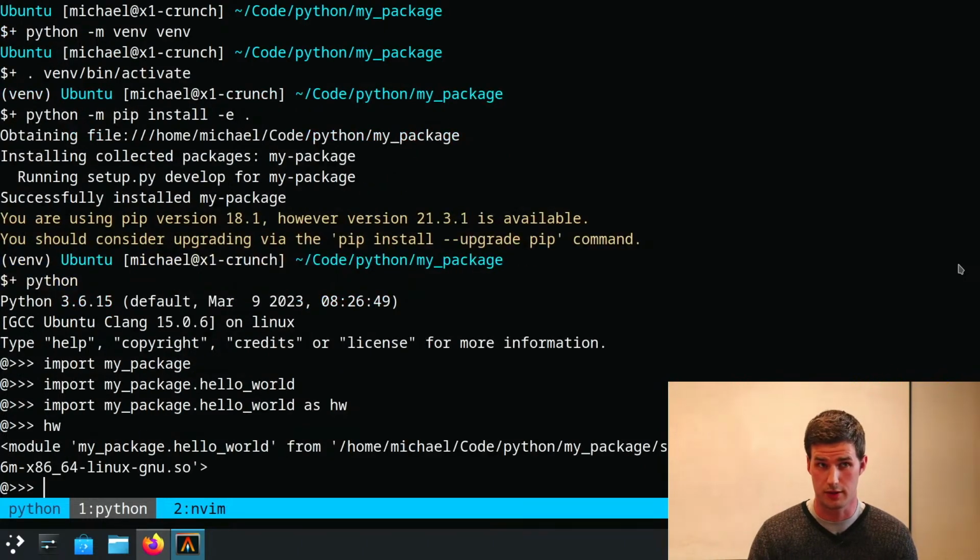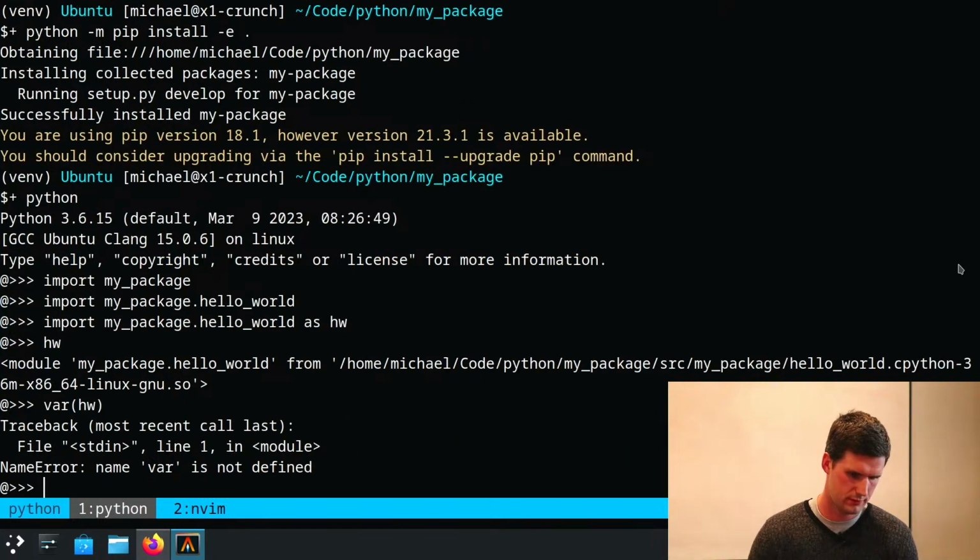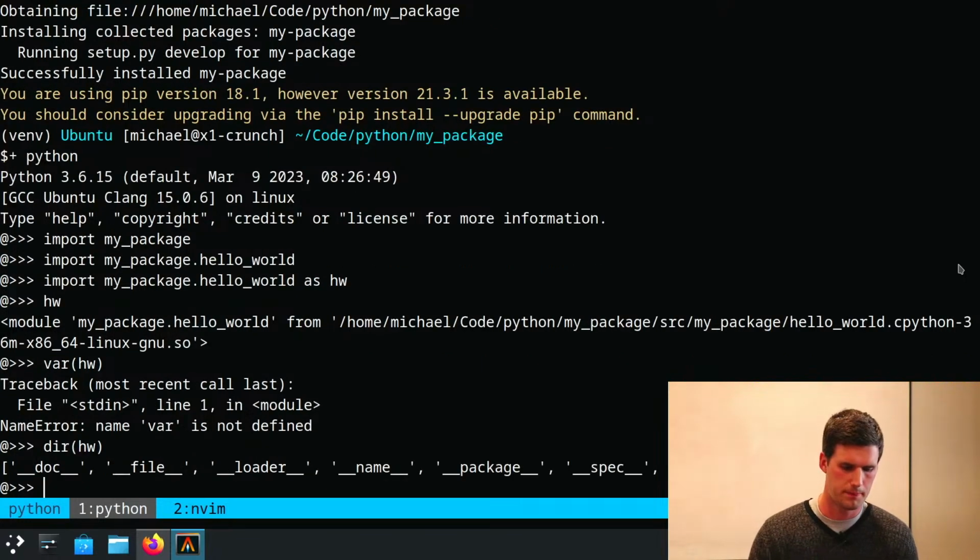Okay, so here's our module that we actually went and created. It's saying module my package.hello world from Michael code Python package, and it's pointing to that shared object file. This is just a module like every other module, so we can do things like look at the dictionary representation of it. As we can see at the very end of this list, you have that hello world function. So if we do hw.hello world,